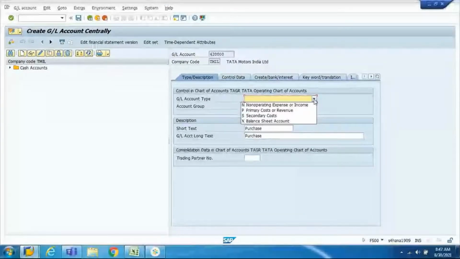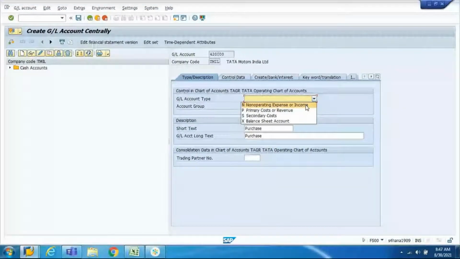When is non-operating to be used? For expense or income. But all three are for P&L only, right? Right, all three are for P&L only. But when exactly do you need to use non-operating, or the N category? Is it my wish, can I use anything? No, right. Based on the nature of the transaction, the nature of the GL. Correct.